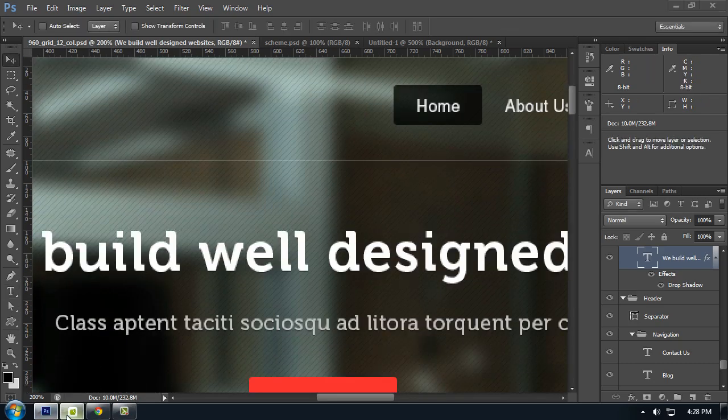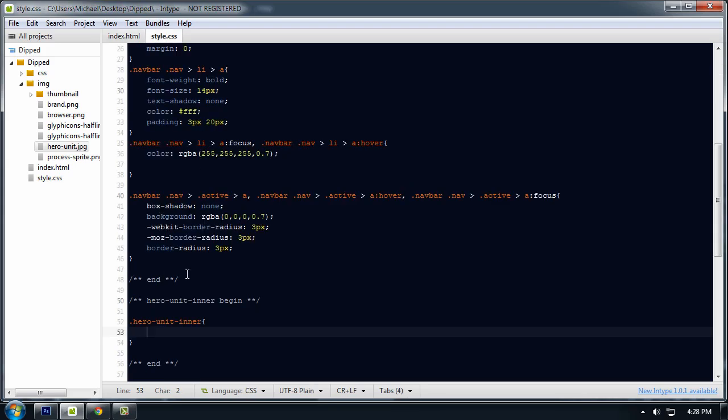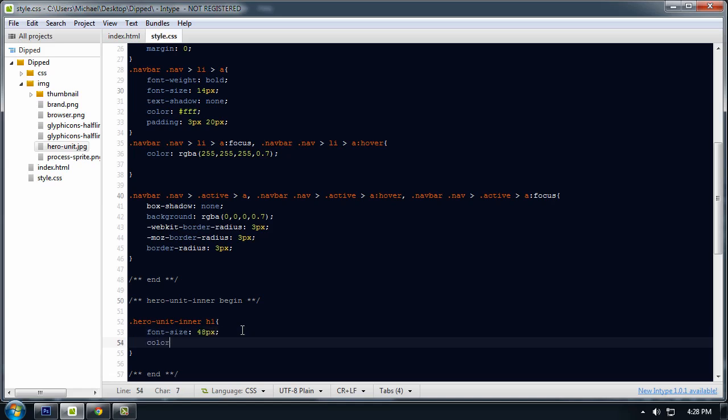So hero unit inner h1 will have the font size of 48 pixels, color will be white, and text shadow,